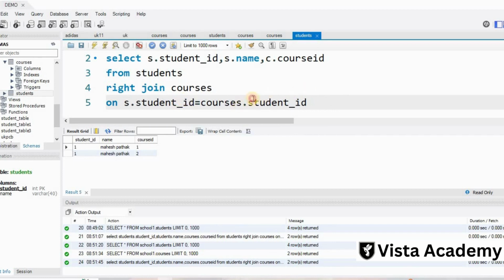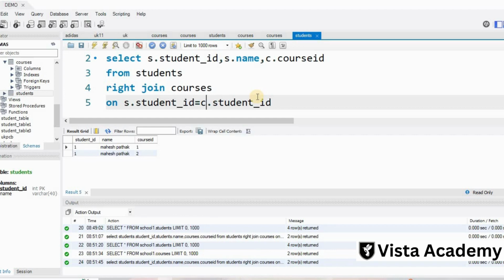Wherever we have this, we have just given the short names, and if we want to change the short names here, what we are doing there,